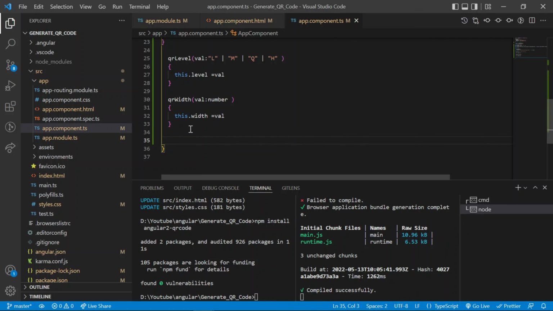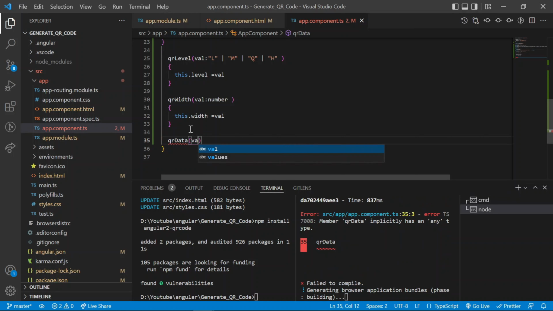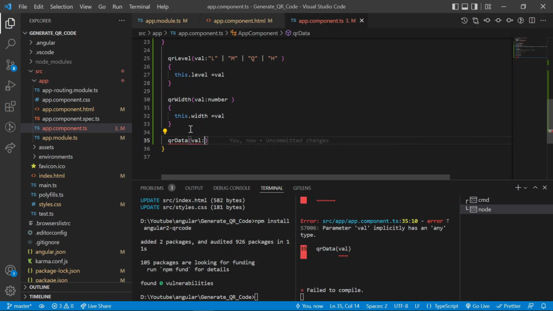Now the last one is data, meaning the value of the QR code. So let's define that QR data, and the input of the method is string.